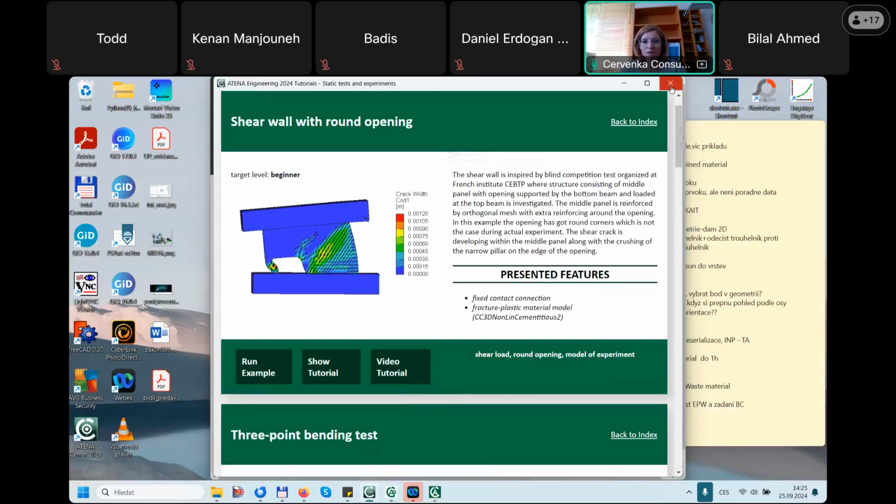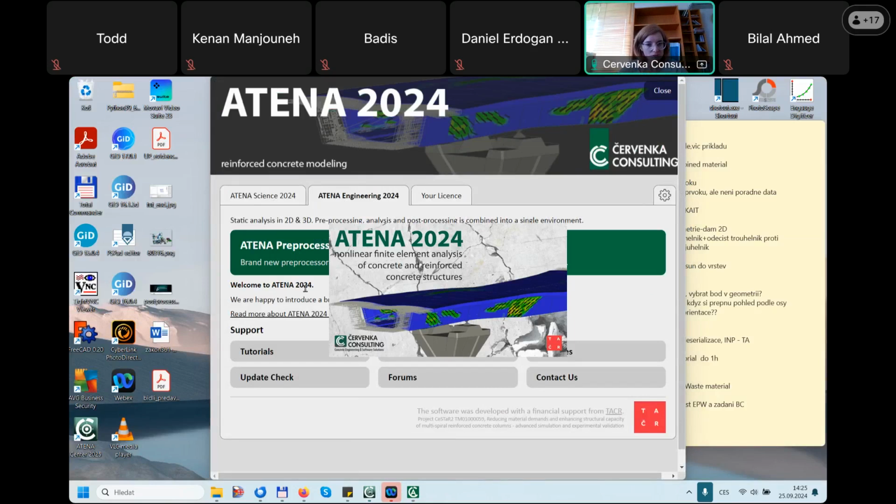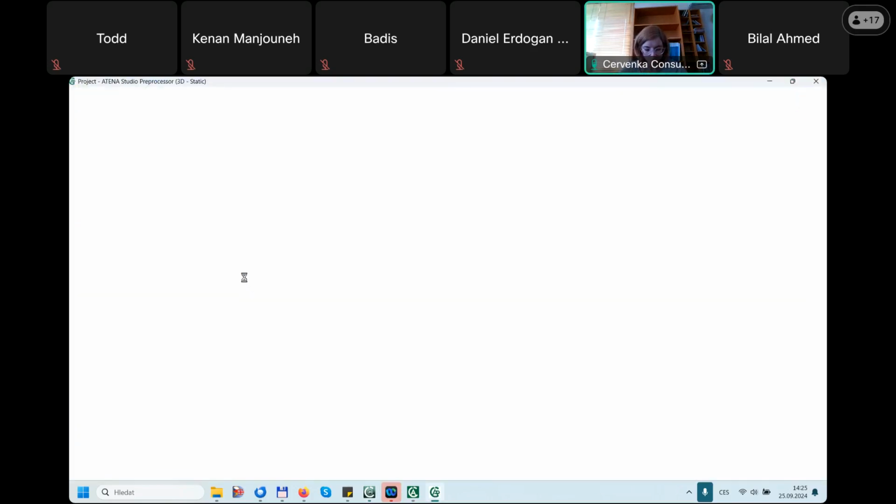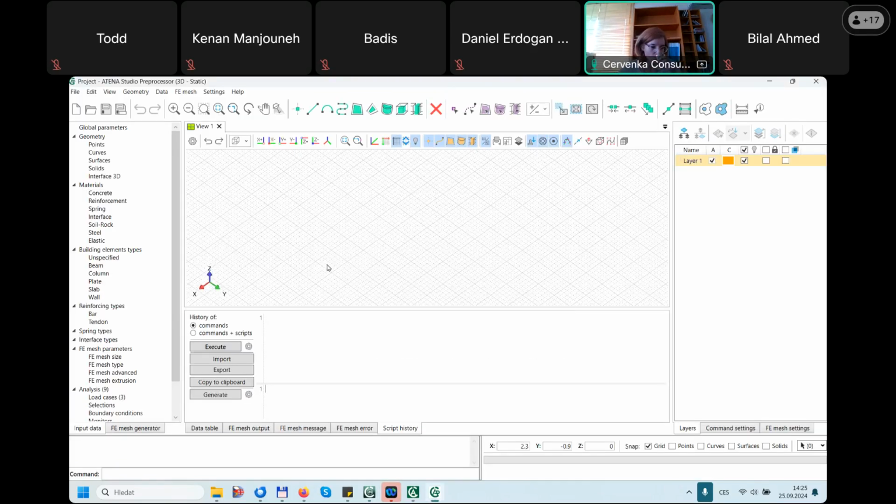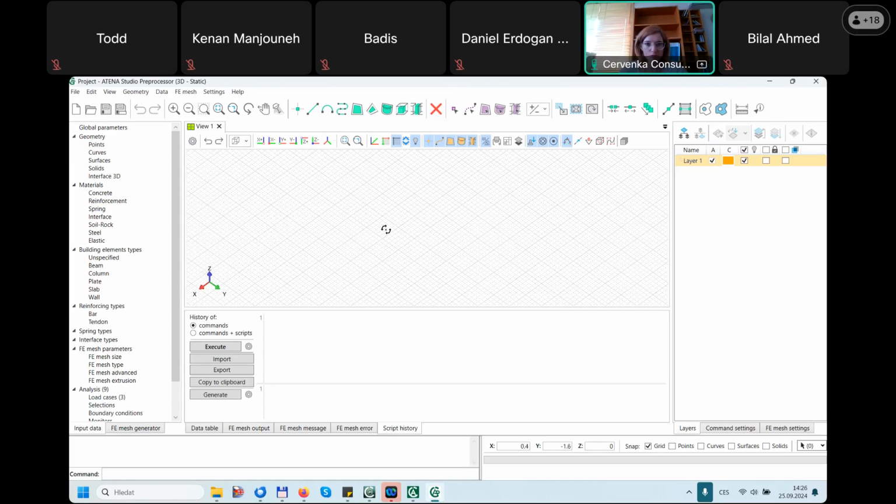close it and I will try to open just the empty ATENA preprocessor and show you a little bit more things that were not really covered in the tutorial. In general, I was focused more on the geometry part for creating geometry, a little bit more on meshing and then the analysis. So in case you have some questions regarding material or building element types, it's something that we can cover later on as well. So at first, I would like to focus a little bit on this grid